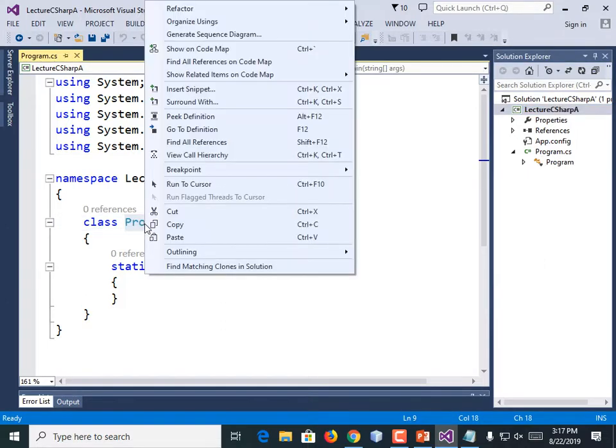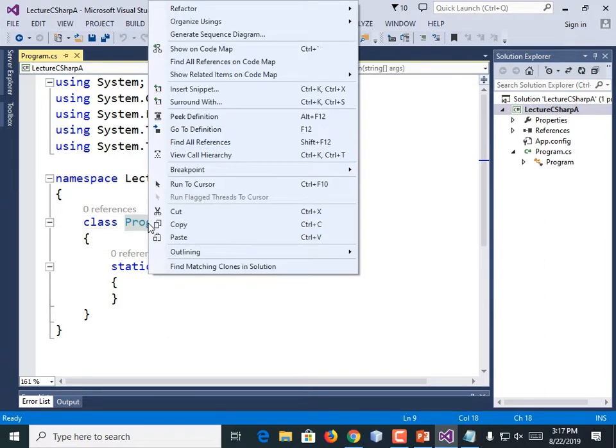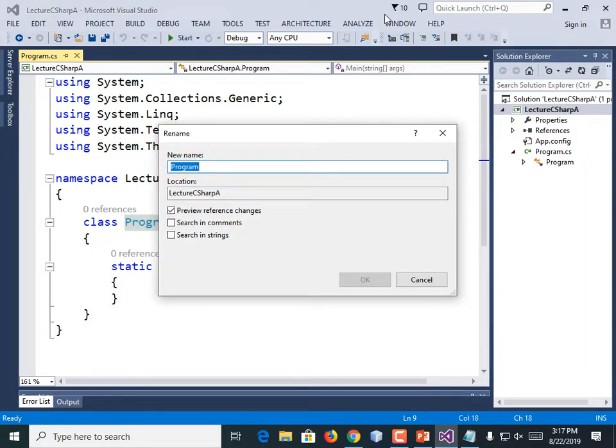I don't particularly recall if there's a refactor option right here. Yeah. So where it says class program, I could highlight that. You don't got to do this. And do refactor rename. And I could call it Lecture A. Or, if there's a more specific name that makes sense, right, you could rename it to that. It will rename the file and it will modify that statement.